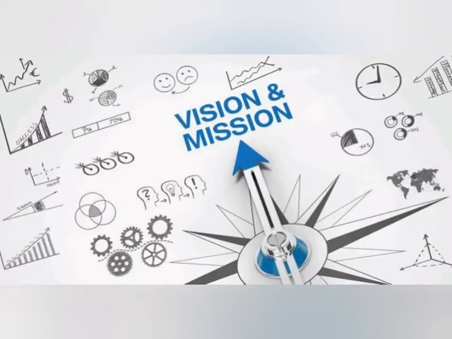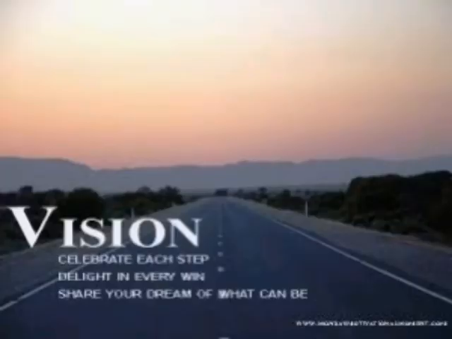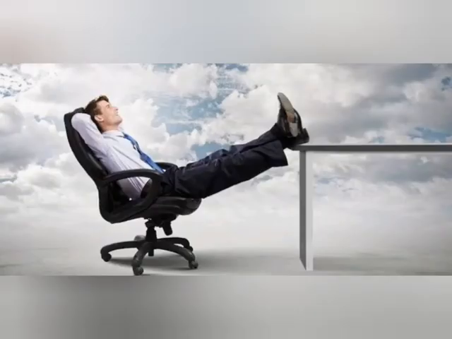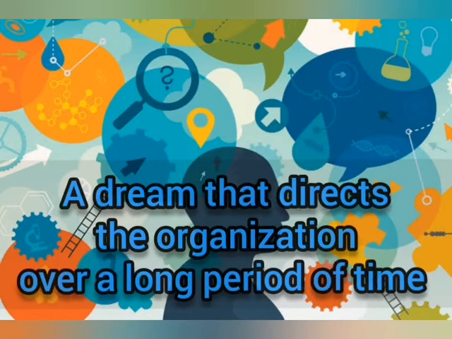A vision statement describes where the company aspires to be upon achieving its mission. That is the theoretical textbook answer. So a vision statement describes where the company wants a community or a world to be as a result of the company's services. A vision statement is an articulation of a view of the world that your company and your people are working towards, and not what they are expected to do right now. So in other words, a vision is a dream that directs the organization over a long period of time.